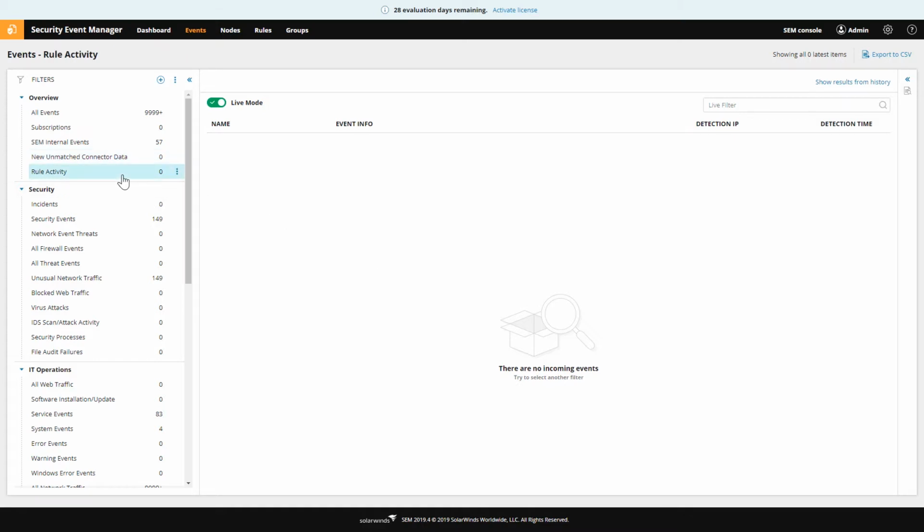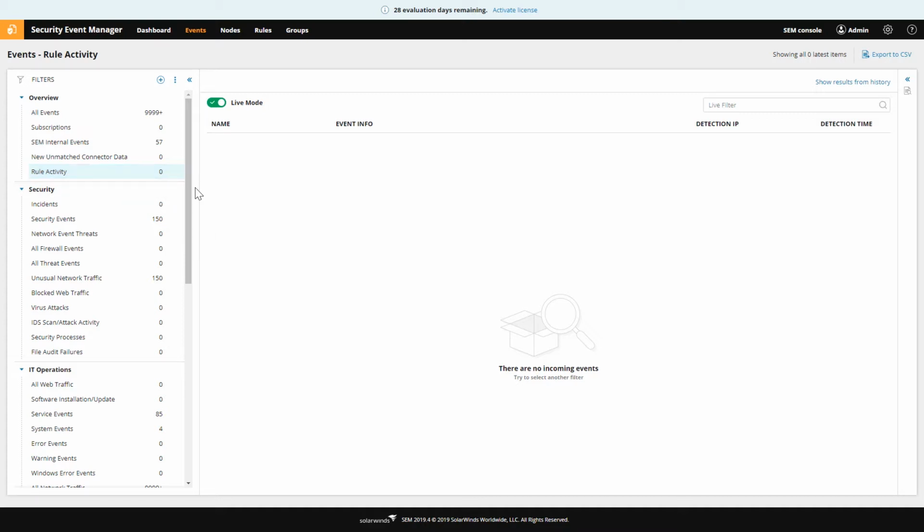Okay, last filter we'll look at is going to be this rule activity filter. This one is very useful for rules when you configure them with your SEM. So obviously the rules are there for correlating events and issuing an appropriate action. But this rule activity filter is here to identify which rules have fired, when they fired, what the names of the rules were, what the parameters were, etc. So it's very useful to see what your rules engine is up to, what's been firing recently, and what's firing frequently. And you can use that to gauge how many you're firing, use it to troubleshoot, lots of different things you can use this for.